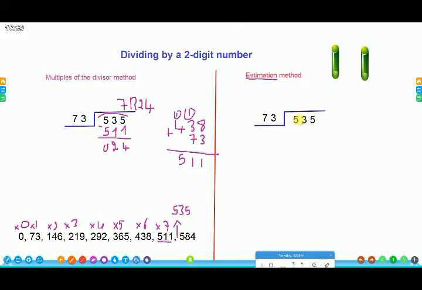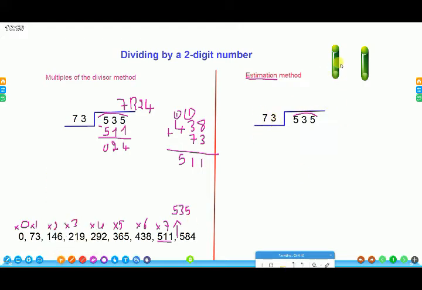So the first step is as we did here. We check the digits from left to right. 5 is less than 73. 53 is also less than 73. As we did before, here we must take all the number 535 and we must try to guess how many groups of 73 we can make with 535. And in order to do so,